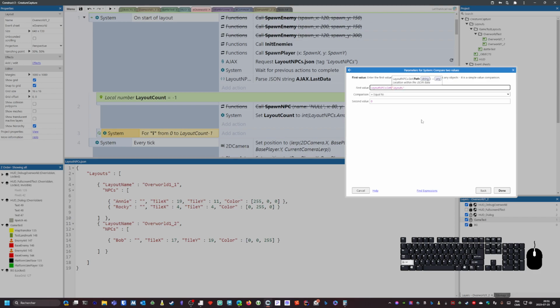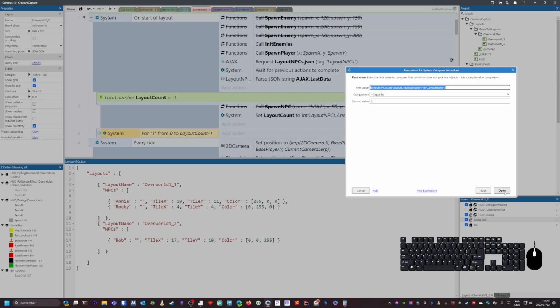Okay, and then after that we have to use this thing, which is how to do a concatenation of two strings, and then we're gonna pick the loop index I. That's the current loop. We do the concatenation again, dot, and then after that it's layout name, right? And this is gonna get us